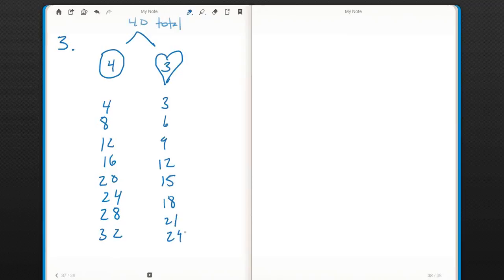We're trying to find when the round box has double the number of cookies as the heart box. So double 3 is 6. There's not a 6. Double 6 is 12. So that would work